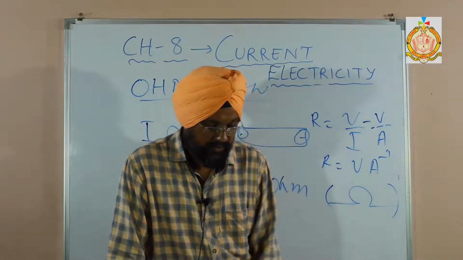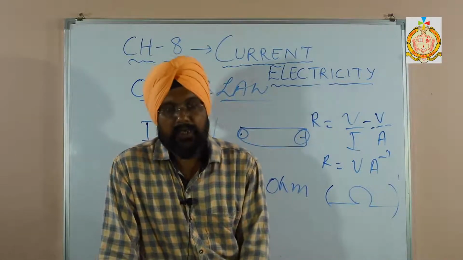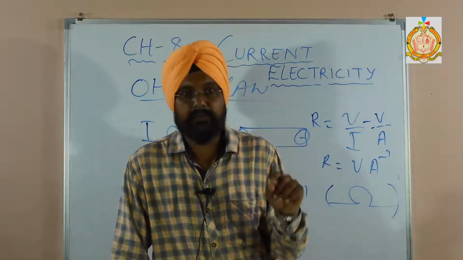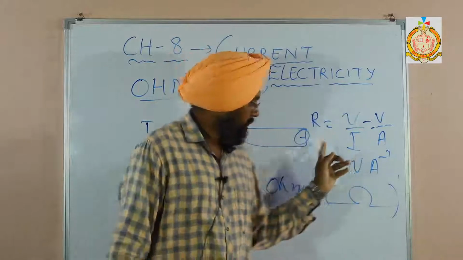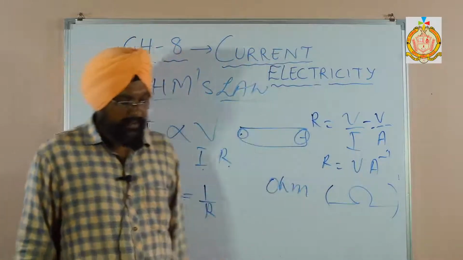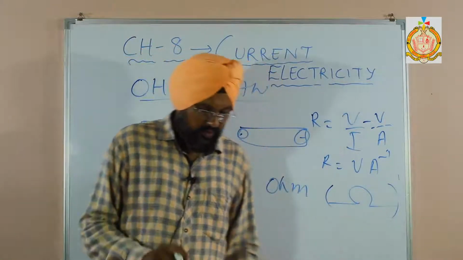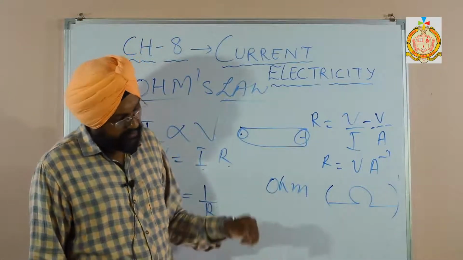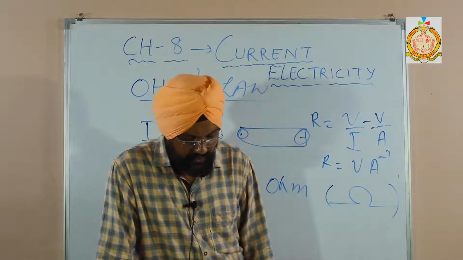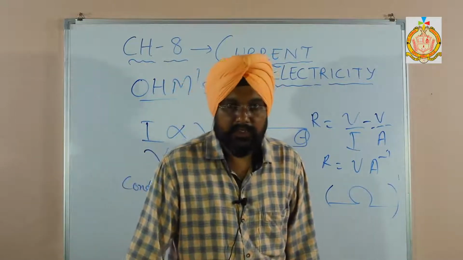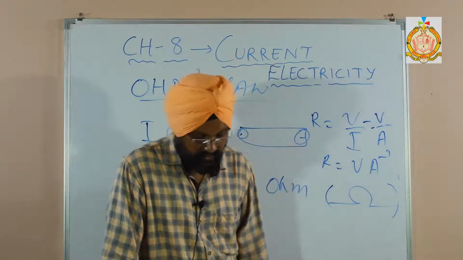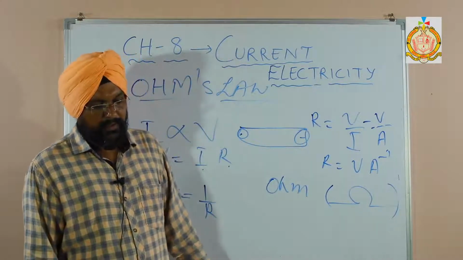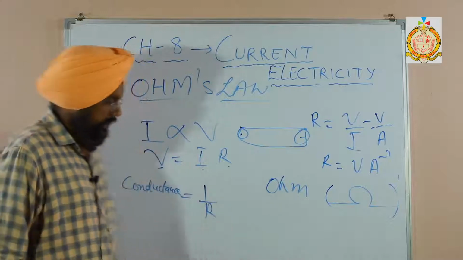So next graph we are having. IV graph is not in our syllabus. Now VI graph is there, the potential difference and current graph. So what does the slope of the VI graph tell us? The slope of the straight line VI gives the resistance. How much is the resistance? Greater the slope, greater the resistance.